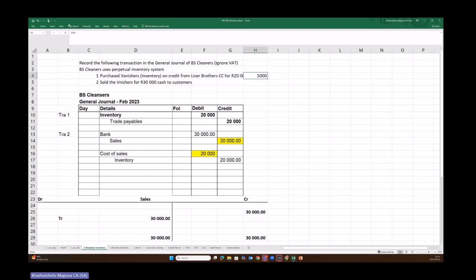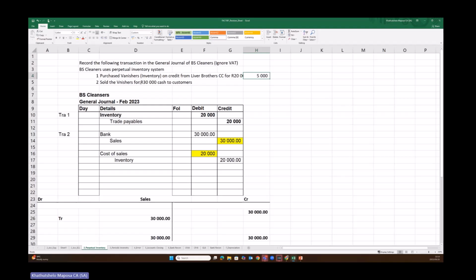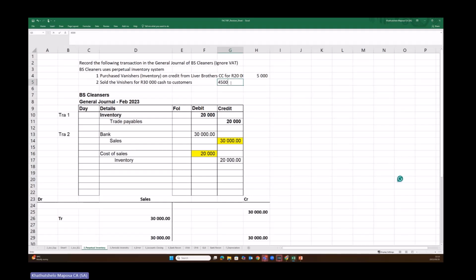And when we're selling here, we sold for 30,000, but you get told that you sold 4,500 units or 4,500 quantities. So at the end of the period, you may have to determine how many are left